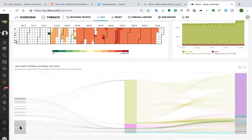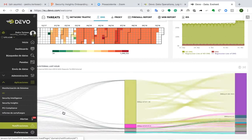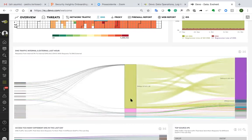Here are the internal IPs. The problem is these are anonymous logs, and we have a huge amount of information in the database. So the IPs that are connecting with the internal DNS here in the center are a lot, and we can show the IP. But here is just a simple query, a simple correlation. We are showing here all the connections on the left from internal IPs to internal IPs using the DNS port